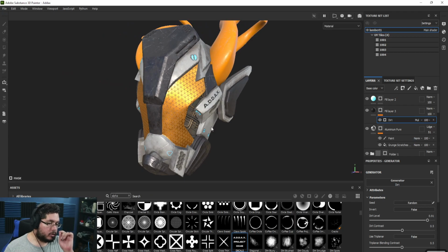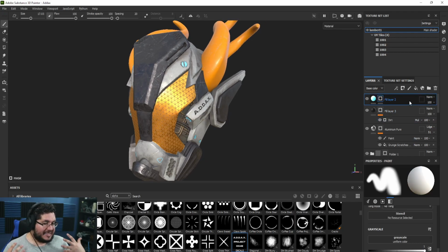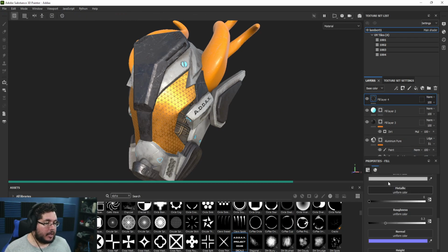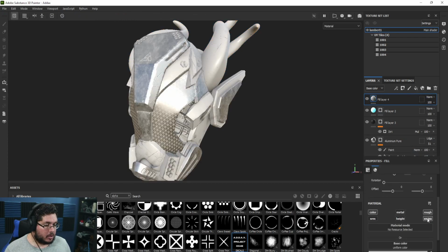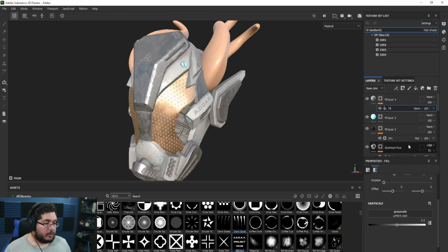Now I'm going to show you two little tricks that I like to use. I normally use these things for stylized things, but I think it's going to look good on this one, and it's a way to add more depth to the whole thing. So we're going to add a new fill layer. It's going to be a basic color fill layer. We're going to add a black mask, and we're going to add a fill, and we're going to use the